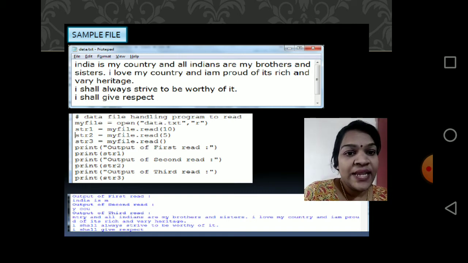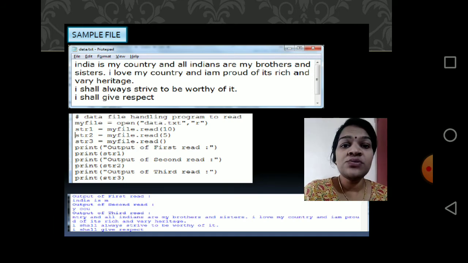My file dot read will read 10 bytes from the file data.txt and store them in string 1. Next, after the 10 bytes, it will read 5 bytes and store them in string 2. After the total 15 bytes are read, it reads the whole file. We have not specified any value, so it reads until it reaches the end of file and stores it in string 3.